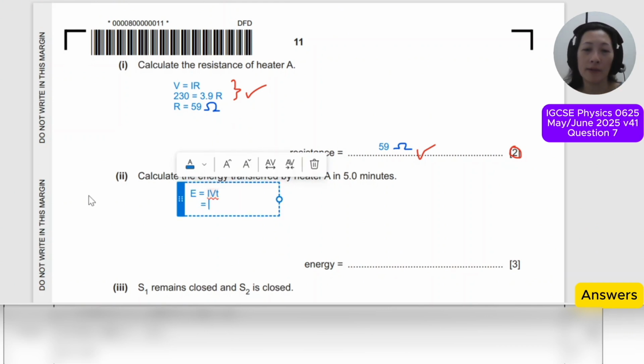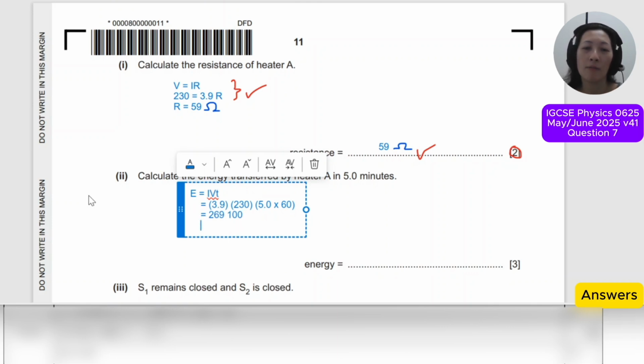So all we need to do is substitute the values in: 3.9 ampere for the current, 230 volts for the potential difference, or V, and time 5 minutes. But remember that you must write the time in seconds. So I'm going to write here 5.0 times 60 because that's how you convert minutes to seconds. When you calculate this out, you're going to get